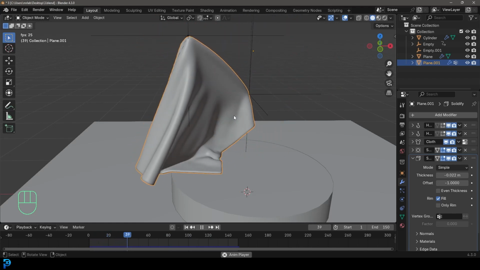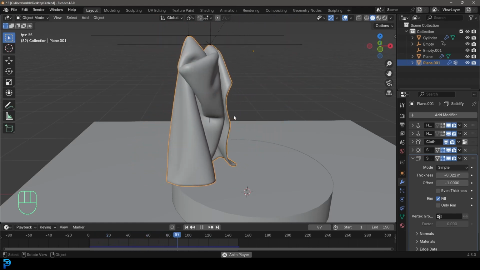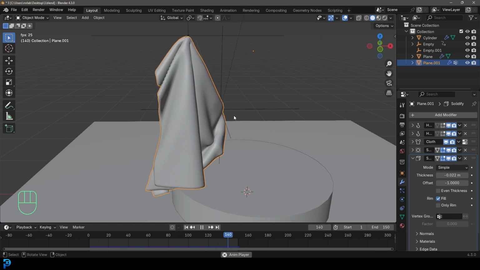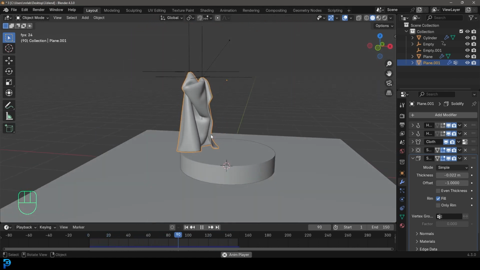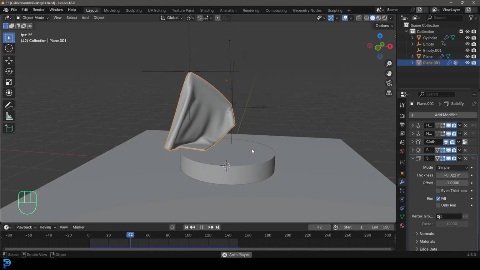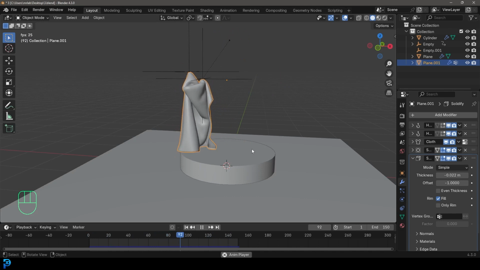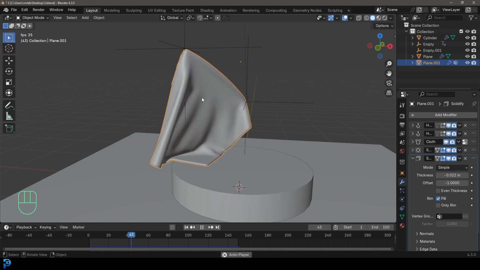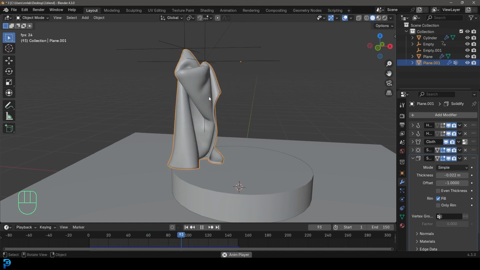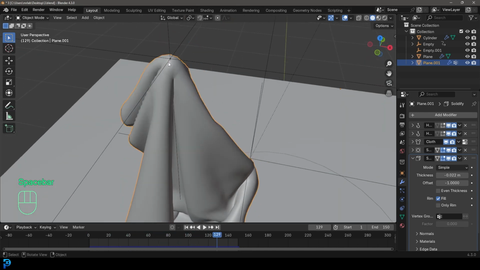Welcome back to the channel, and today we're going to be looking at cloth simulation in Blender 4.3 for absolute beginners. So the idea here is just to learn what the basic concepts are. We're going to be setting up this little scene here and progressively working our way through the different stages, learning how to make things collide, learning how to make the cloth fall, learning how to make the cloth collide with itself,